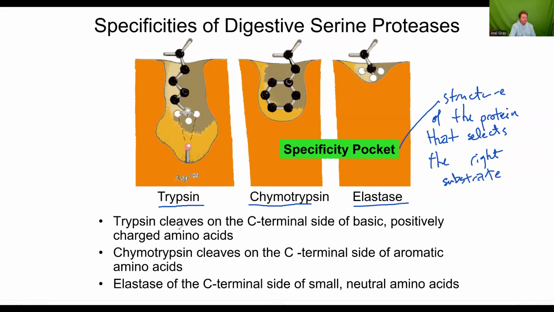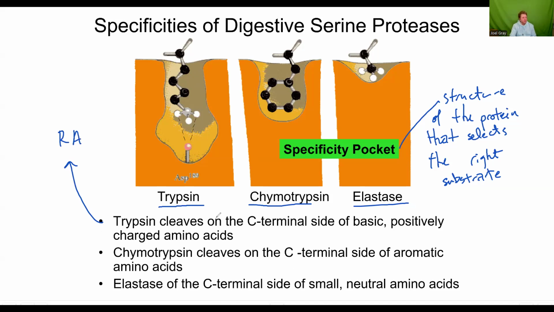Now, trypsin is going to cleave on the C-terminal side of basic positively charged amino acids. I want to give you some examples of all three of these. So, first of all, trypsin. Remember, trypsin is a protease. If trypsin were to be given a dipeptide that looks like this, RA,